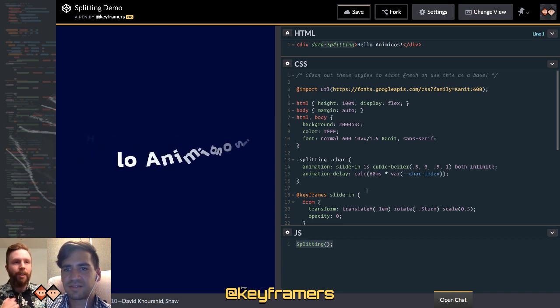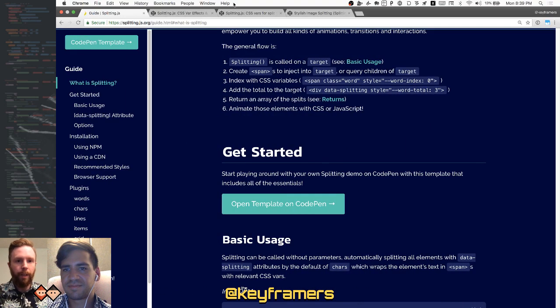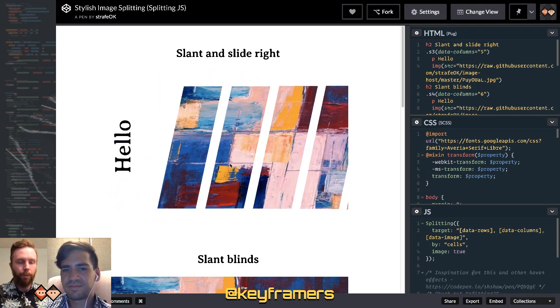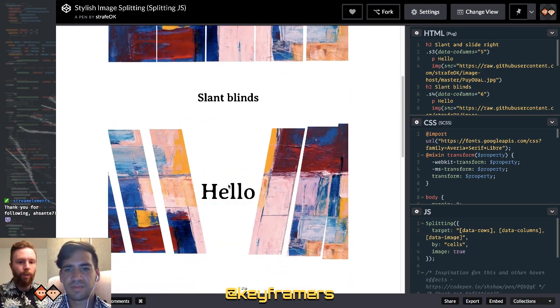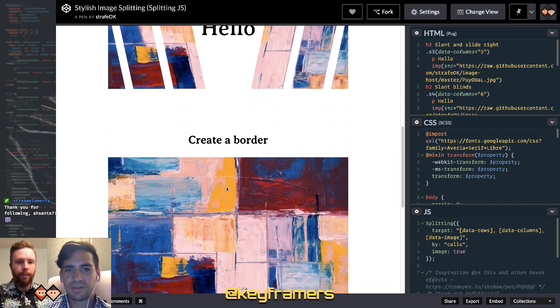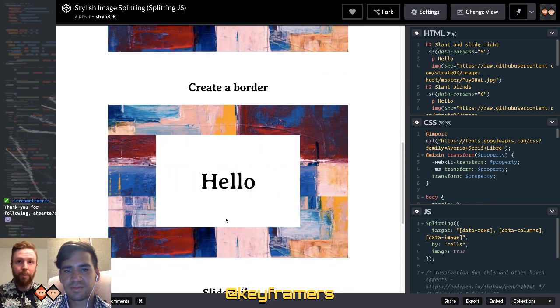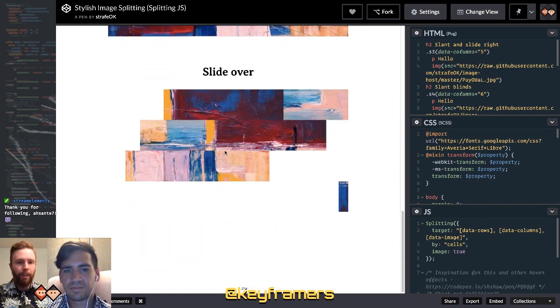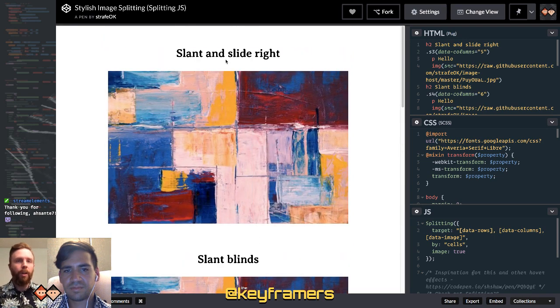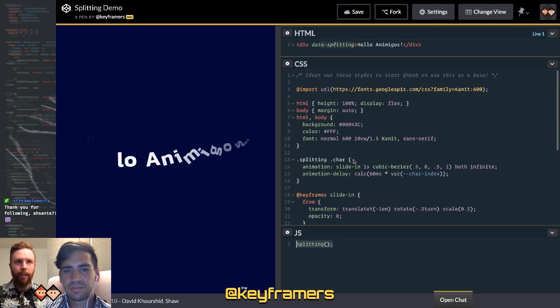Yeah. But there's a lot of different splits that are included in Splitting, like splitting by cells. This is a really cool demo that Strafe OK put together, with it showing the split cells. And there's a lot of really awesome animations within this. Some stuff that I haven't even thought of for utilizing this for. And so with all of those that are built in, I went ahead and made sure that a few things were locked down so that it was easier to target.